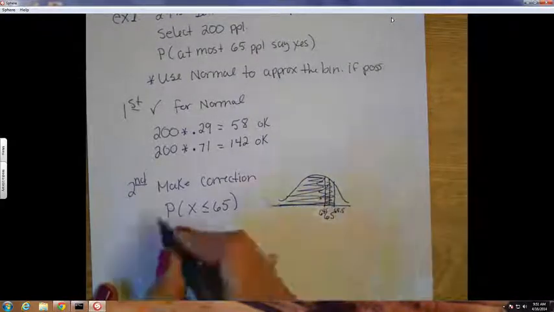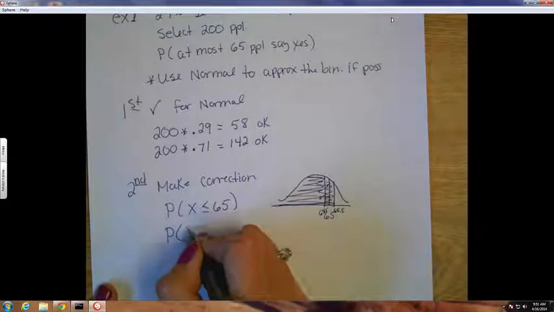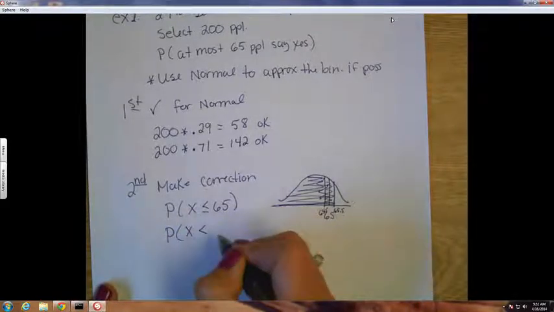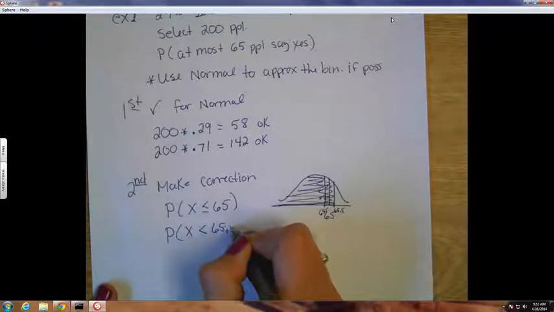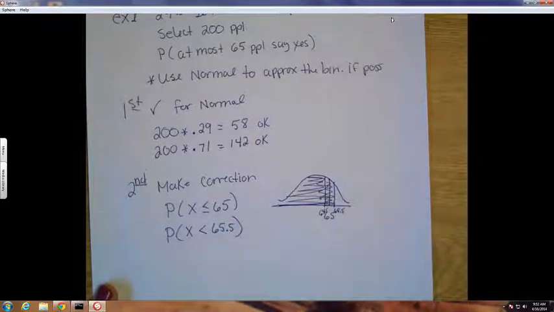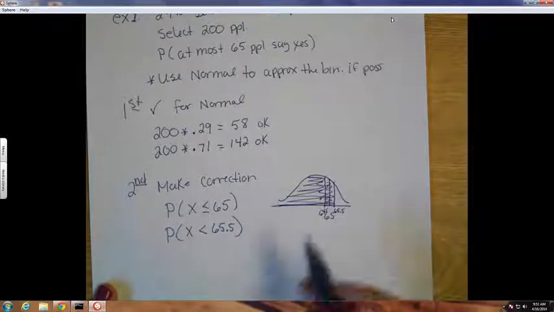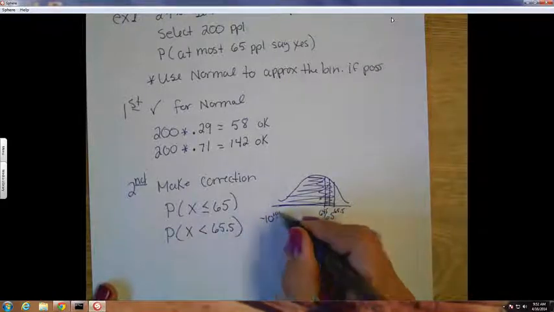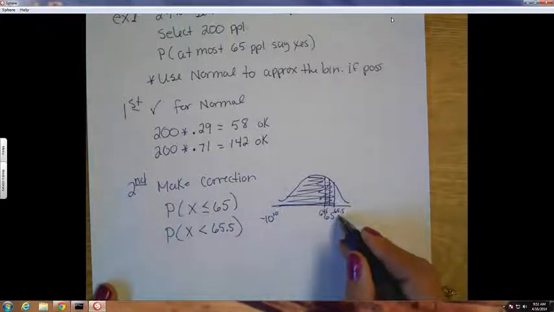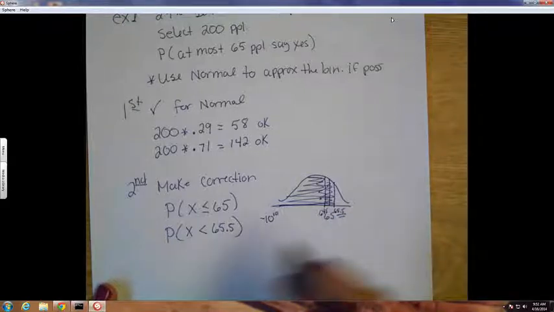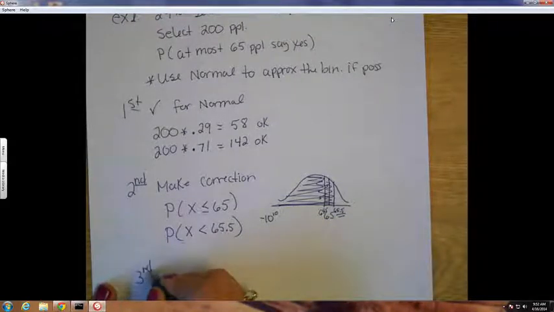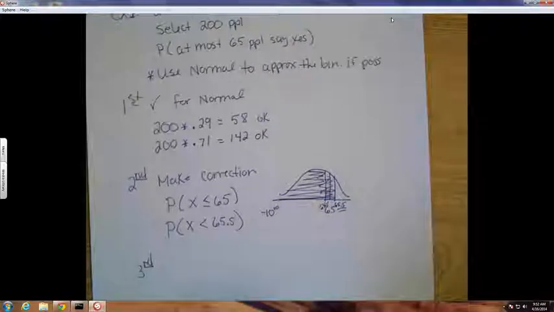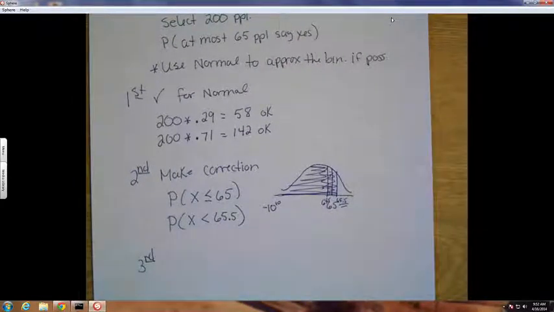So my correction would be that X is less than 65.5. There's my correction for continuity. And I see my shaded region that I want to find. I know my left z-score is going to be negative 10 to the 10th. I just need to turn 65.5 into a z-score in my third step. See how this stuff is all kind of the same? So this is it, yep. So we got to turn 65.5 into a